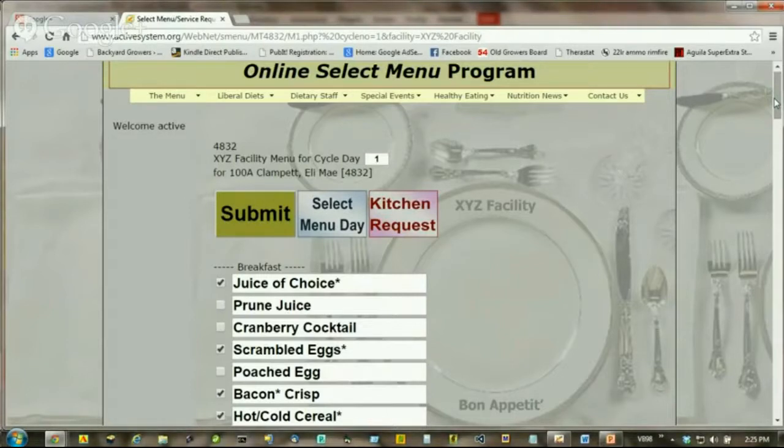Well, the family members can, yes, and the staff members can to a certain extent, but it becomes a task that everyone needs to do each and every day, or each and every cycle of the menu, ad infinitum. But with an online select menu, all of these selections are saved and they come up